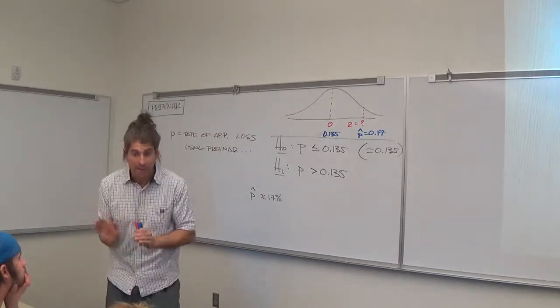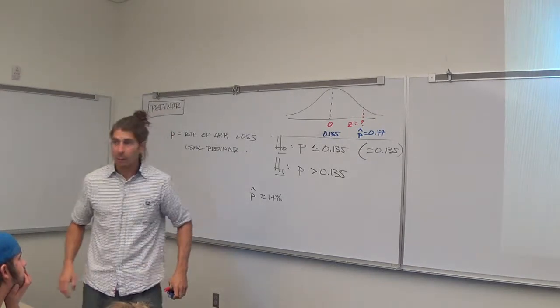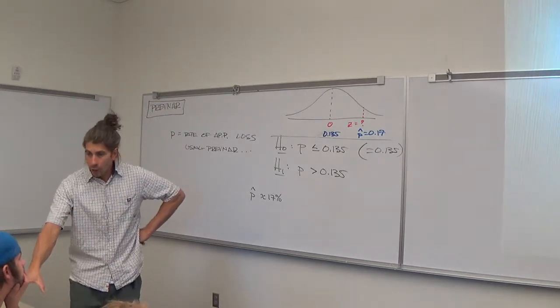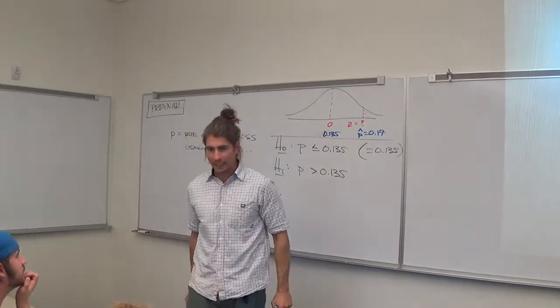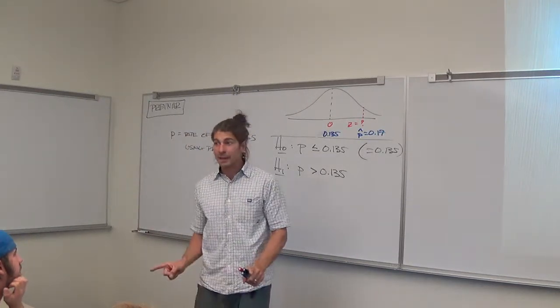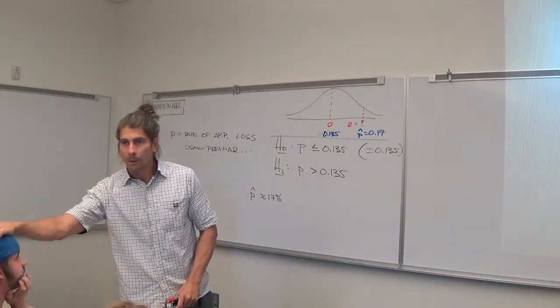0.5. Not 50%, just the z-score itself is 0.5. Would we be nervous about Prevnar then? Retest. No, we got, hang on. We got a retest and we got a no. I like these answers. I can accept either of them for different reasons. Brandon, why no? Because it's not statistically significant.